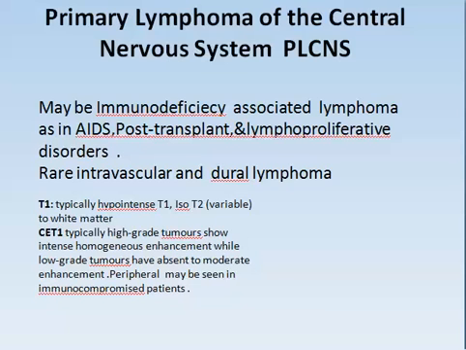It will be concerned with primary lymphoma of the central nervous system, and here this may be associated with immune deficiency diseases like AIDS, post-transplant, and lymphoproliferative disorders. Rarely it may be of the intravascular or dural lymphoma types. Generally, in T1 they are hypointense,